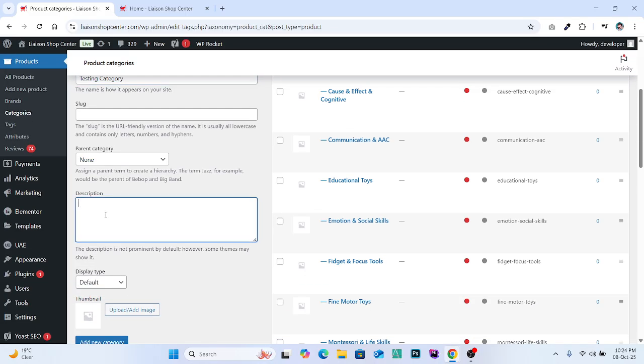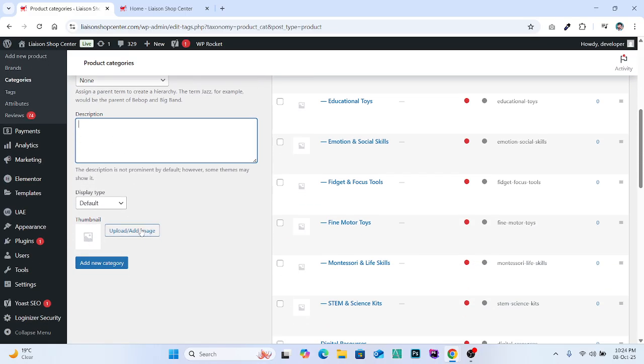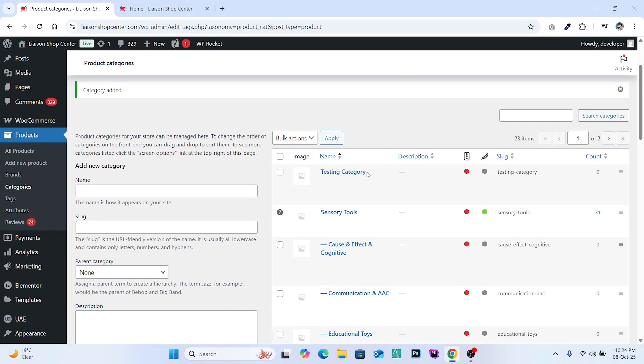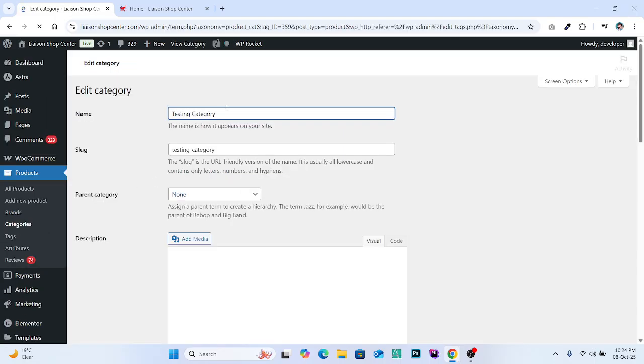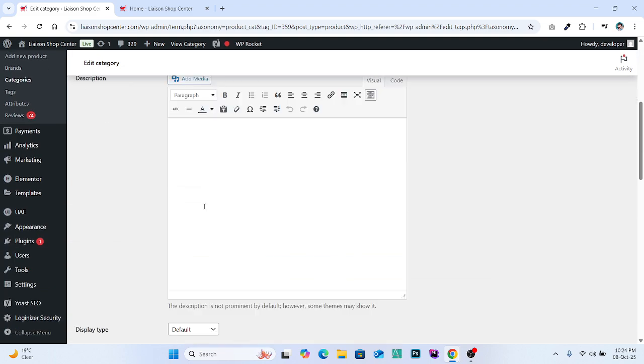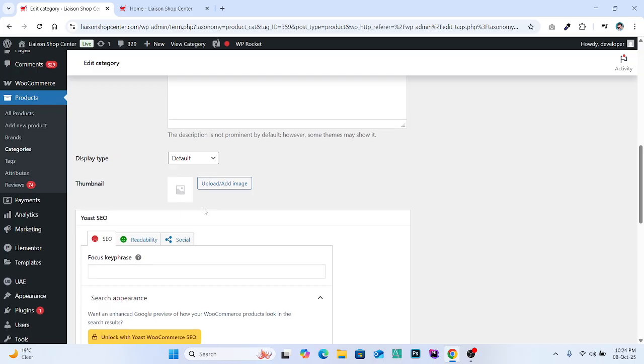Write the description of that category. If we want to show the picture of this category, just upload an image. Otherwise, just click on add new category. The new category will be added at the top. Testing category. Okay. If we want to edit it, click on edit. This will show the edit page. We can edit the category and